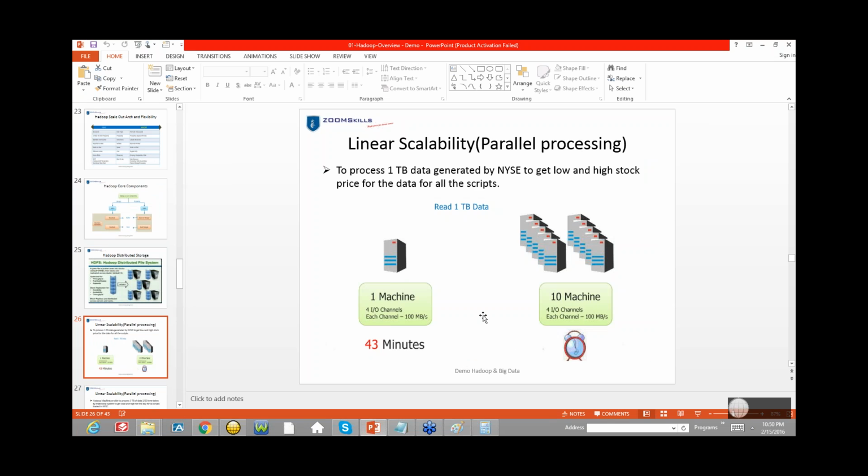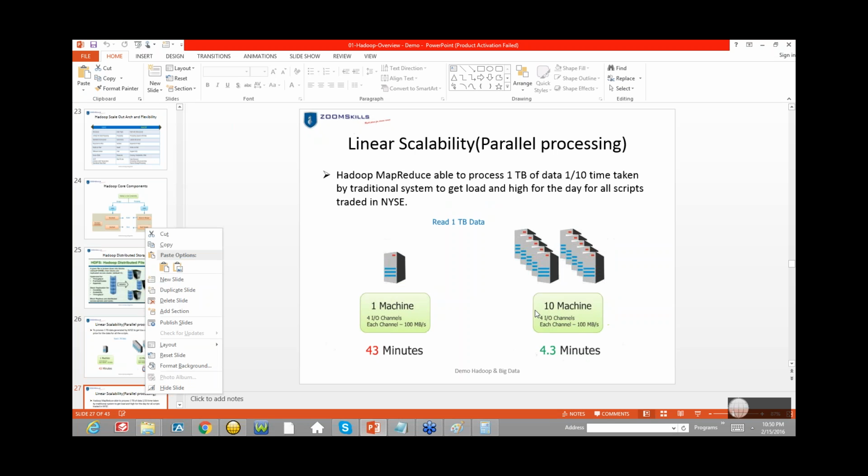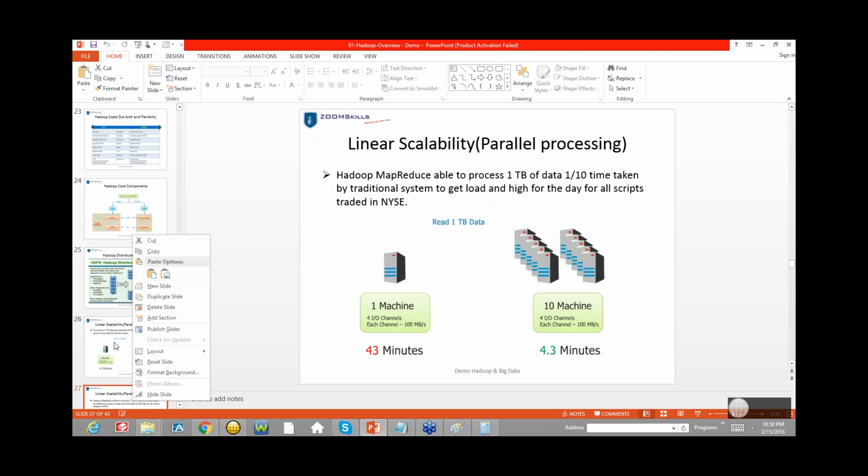Right here, so one machine is taking 43 minutes. We have 10 machines, right? Because data is distributed across 10 machines, right? We will get things done in 1/10 of the time, right? So that's the power of Hadoop. That's what I've discussed so far. Now, one student, 10 students, even while reading as well as processing, because while processing, I need not process the entire file,